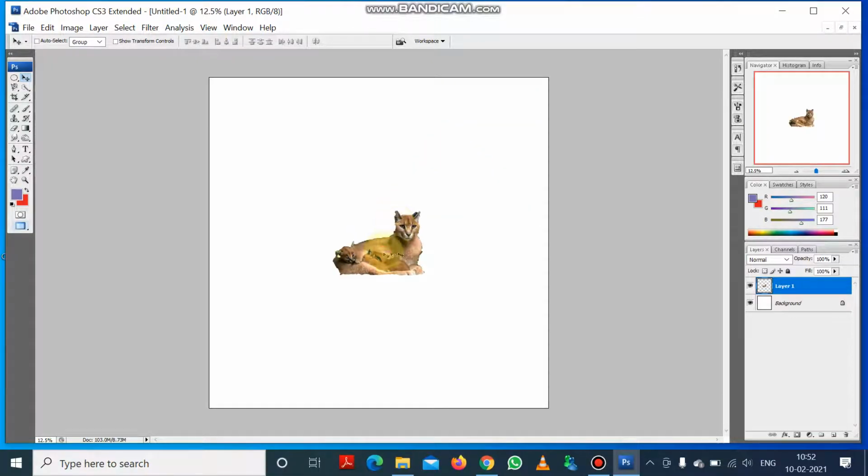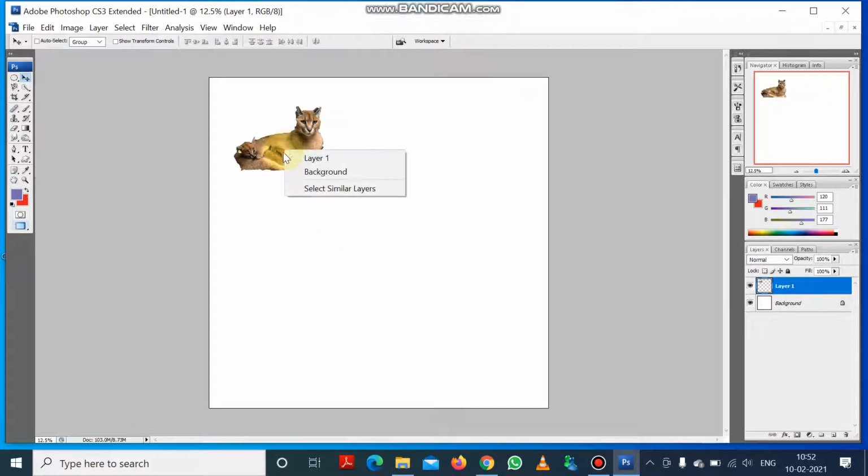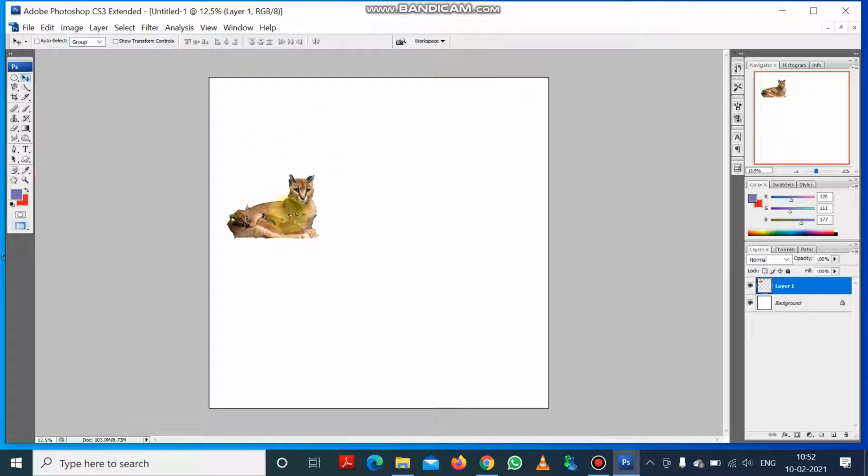And when I am pasting it, you can see it is pasted.